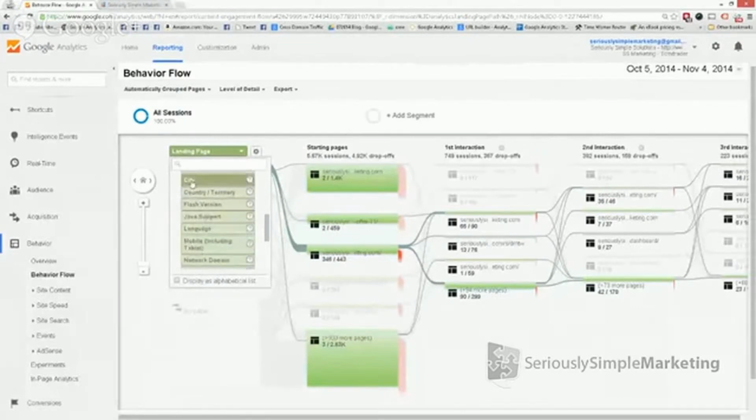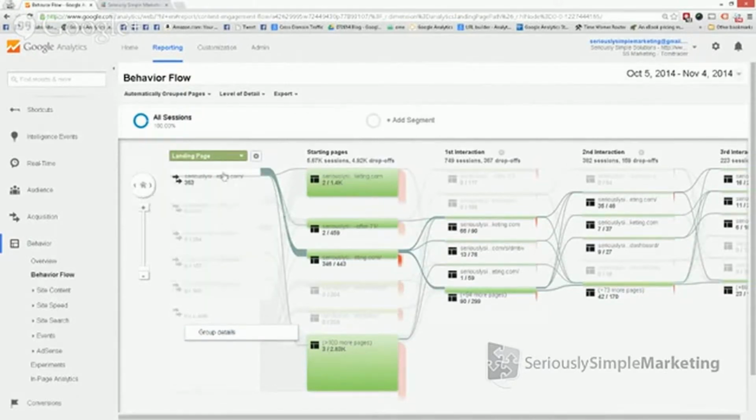Again, I'll click on users here. As you can see, how people from different cities or languages, mobile versus tablet, or I'm sorry, mobile versus desktop. So you can do that by operating system. So you can see if there's issues with the design of your site or the navigation ability of your site just by looking at this report, and you can kind of spot glaring errors.